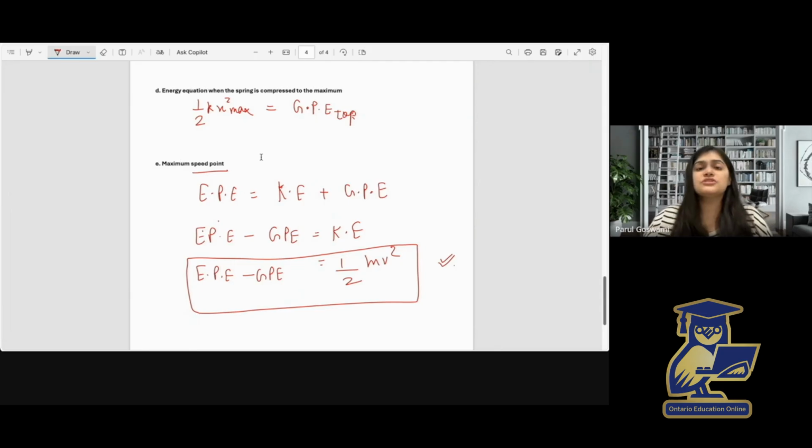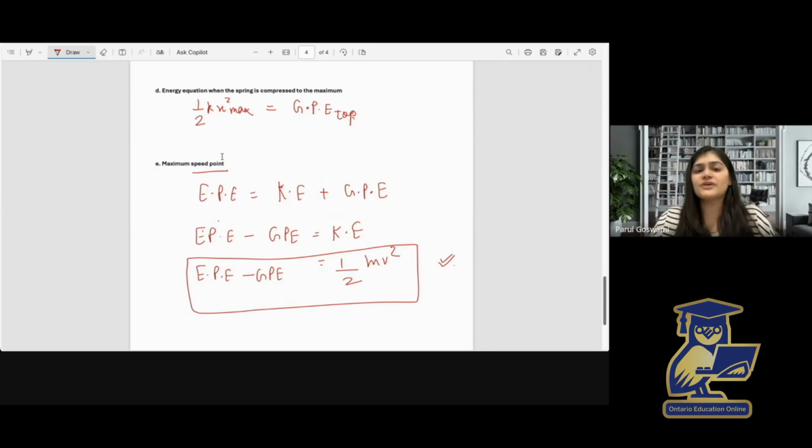So in both situations, we are using the same idea, which is E initial equals E final. For situation 1, the energy pathway is gravitational potential energy is converted to kinetic energy and then to elastic potential energy. The object starts high, speeds up, and then compresses the spring. For situation 2, the energy pathway is elastic potential energy being converted to the combination of kinetic energy and gravitational potential energy, and then only gravitational potential energy. So the spring starts compressed, pushes the child upward, and the child gains height.